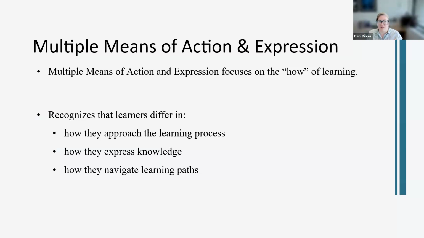So when we're thinking about applying multiple means of action and expression to our course designs, this means making design choices or designing learning environments that allow for different interaction needs. In our Zoom meeting, for example, it might be that we're inviting folks to share either in the chat or speaking out loud or silently. And not just allowing different options, but making sure that it's clear that all of those options are equally valued. So we're not prioritizing one type of action.